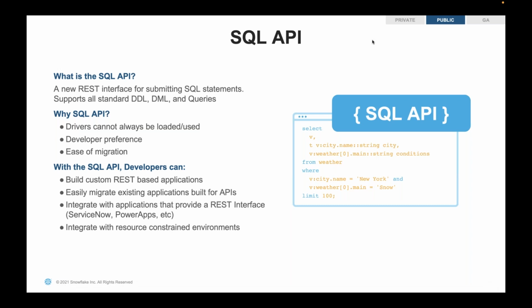Now you might be wondering how it handles semi-structured data or JSON data. Snowflake has native support for JSON and semi-structured data. You can query semi-structured data stored in JSON format in a database, and it will return the results.